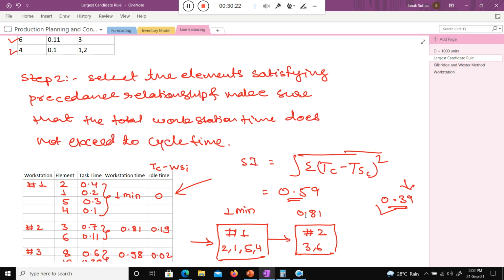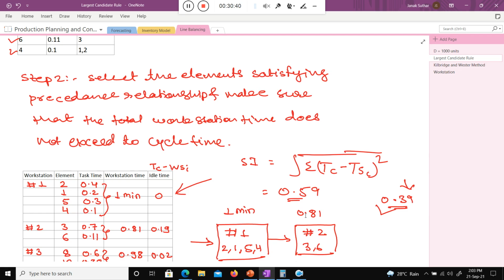No issue. The smoothness index shows the variation of time between the workstations. If the variation is large, you provide more work to workstation 1 and less work to workstation 2.